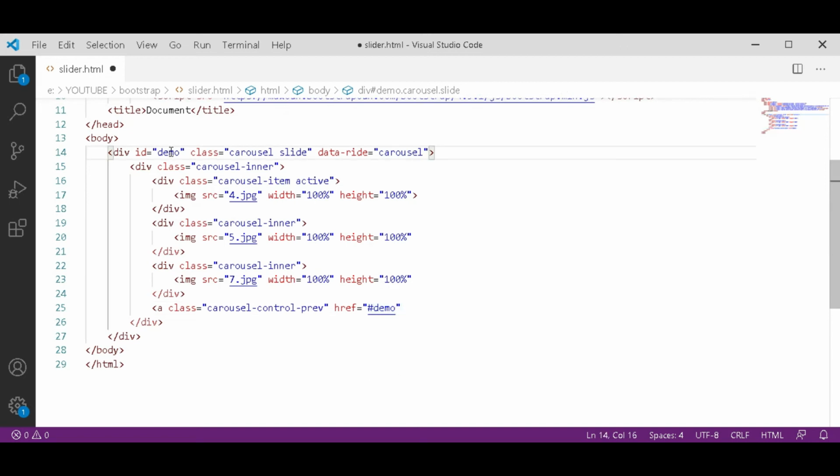If you don't type demo here and type anything else, you have to type that same word here also.